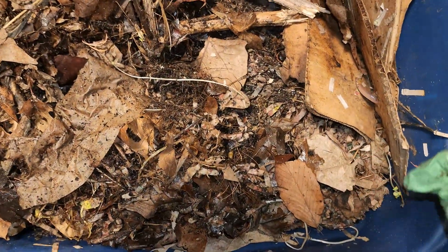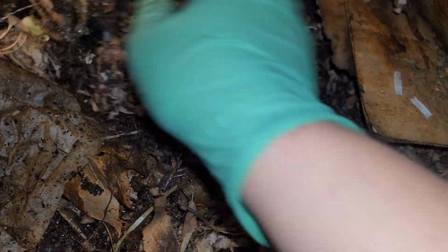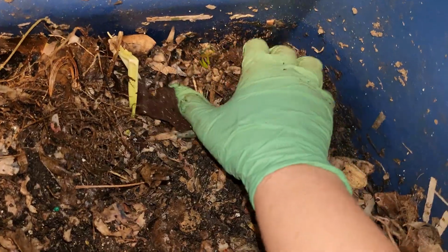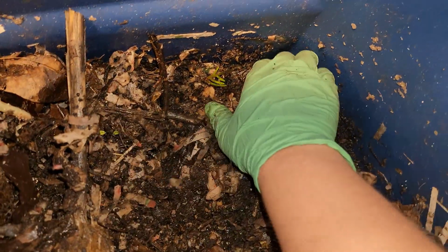I need to have a look on this side, because this bin is leaning. I need to see just how moist it is, and if I need to do some remediation. What I was going to say, though, is at the same time that I was thinking, well, they're not known for composting. I mean, they do, but